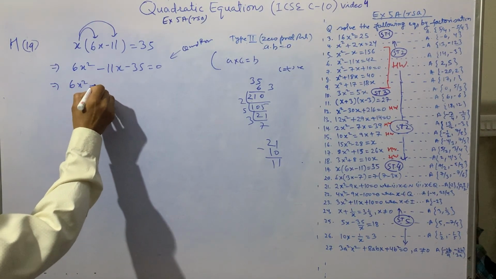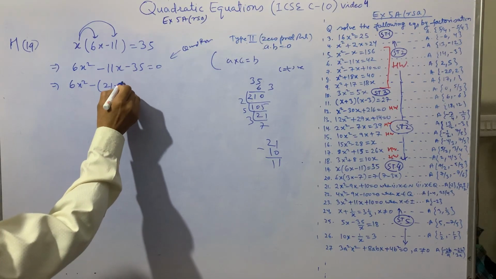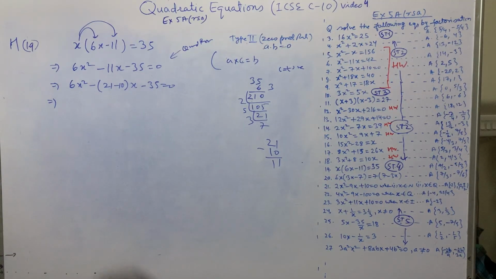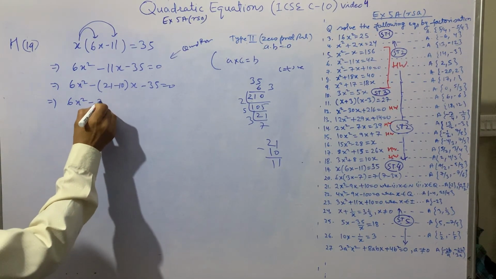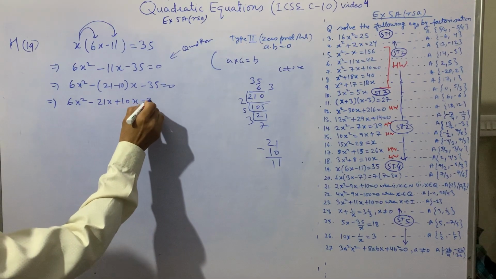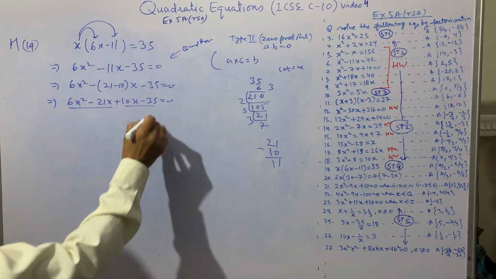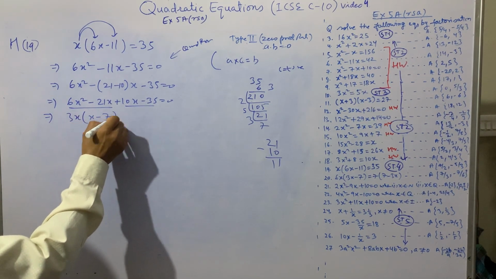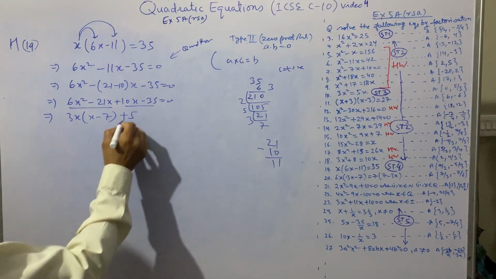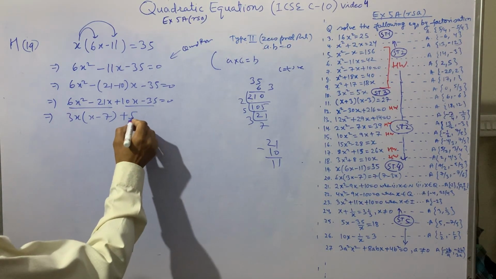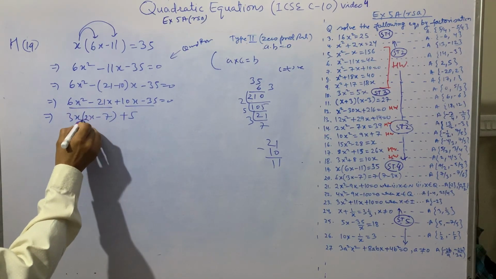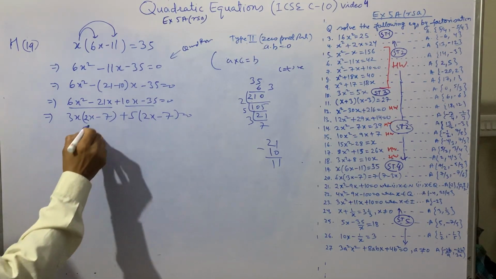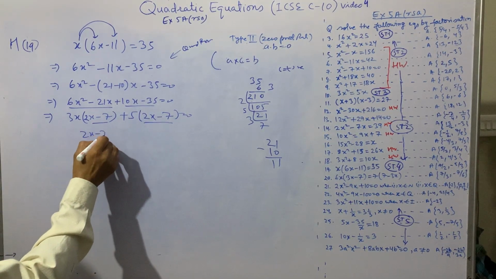6x² माइनस 21x और प्लस 10x माइनस 35 इज इक्वल टू 0। अब इसको पेयर बनाने पर, पेयरिंग करने पर क्या मिला, 3 से अगर 3x बाहर आएगा, तो अंदर x माइनस 7 जो 21 आएगा, प्लस अगर 5 करेंगे तो अंदर 5 2 से 10, यहाँ पे भी 2, 3 2 से 6, यहाँ पे 2x आएगा, और 5 7 जो 35 आ गया। अब ये ग्रुप ये बाहर निकालते हैं कॉमन,